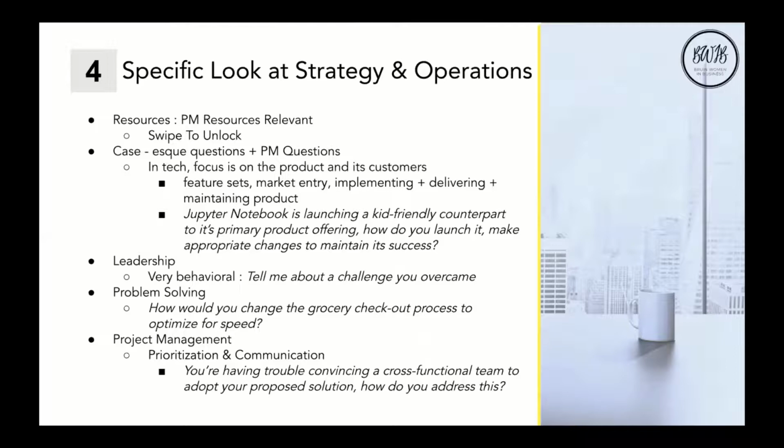Really what they're looking for here is your thought process and how you break down ambiguous problems whose scope is not well defined. And then the last category of question is project management, where they're looking for your prioritization and communication. So a good example of this is, you're having trouble convincing a cross-functional team to adopt your proposed solution. How do you address this? And then you would answer with probably a story about a past experience or just your